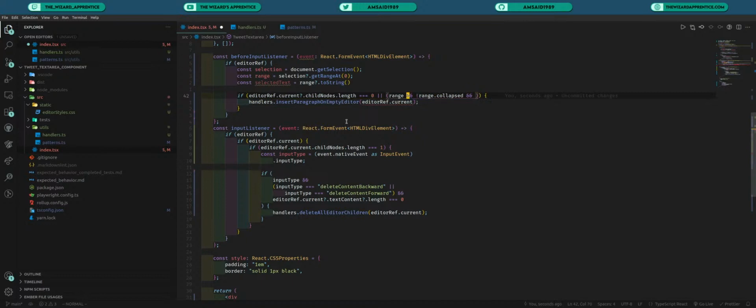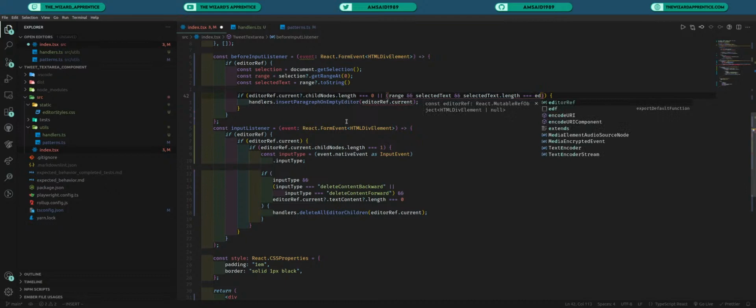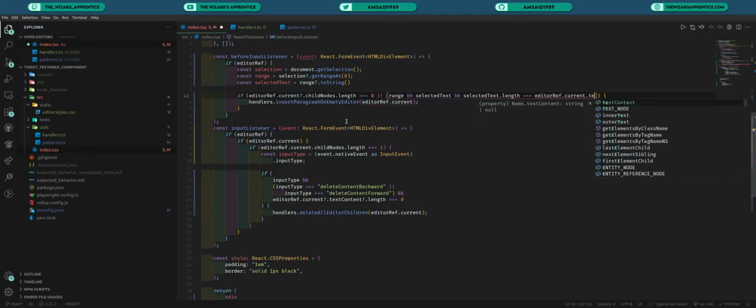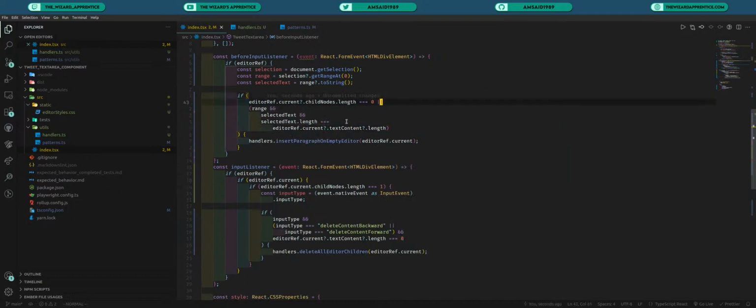If range, and actually we don't need that. And selectedText and selectedText.length equal editor.ref.current.textContent.length. In this case,